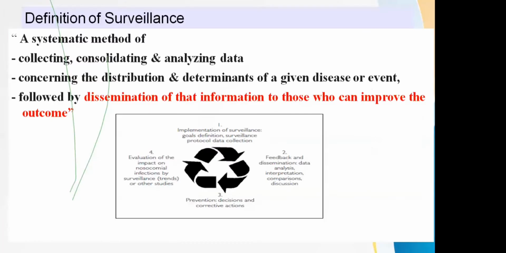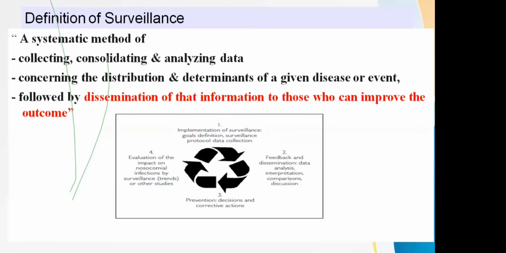Talking about what surveillance is, those who are taking up these indicators very seriously in their hospital infection control committees, as I said, have to develop a system where we are coordinating and ensuring how the surveillance is implemented and how the determinants and variables are identified in our system. That is very, very important.